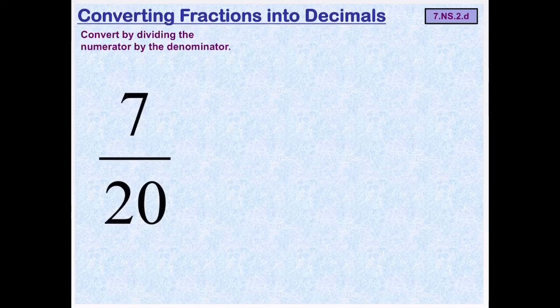Okay, so let's start this one out. Let's do top divided by the bottom. And again, this looks really weird. Like, why would we divide 20 into 7? And that makes sense. But if we add a decimal point, and if we add as many zeros as we feel that we need,